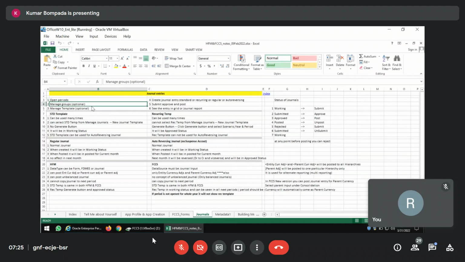Second step, manage groups. It's an optional field. Why do we need groups? It is used for filtering purpose. For example, you have posted all the journal entries, say some 20 or 30 journal entries. Now you want to know